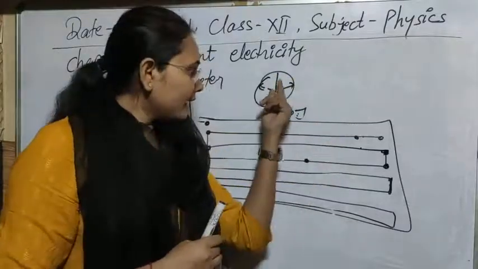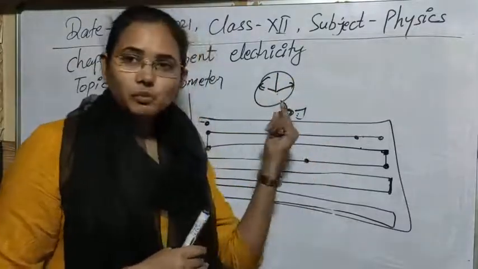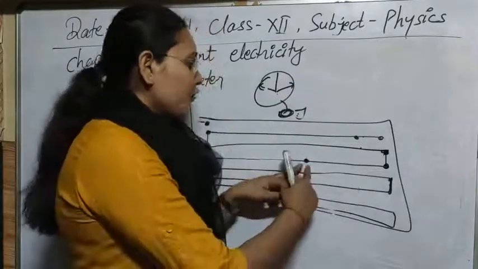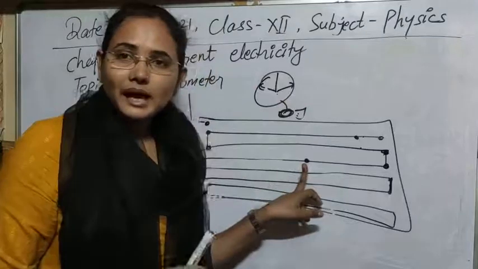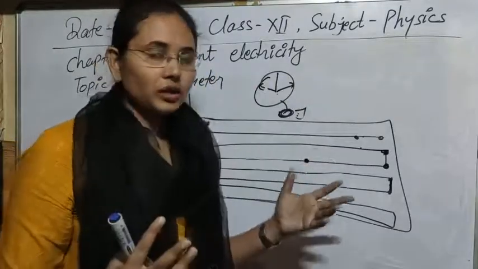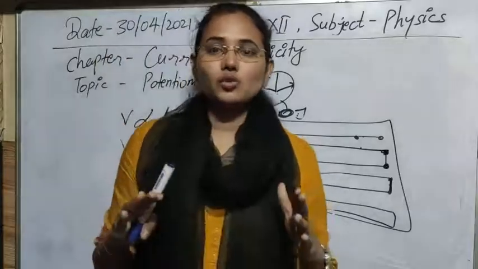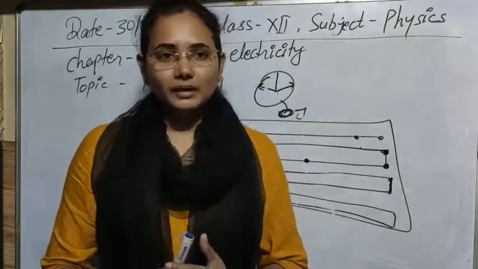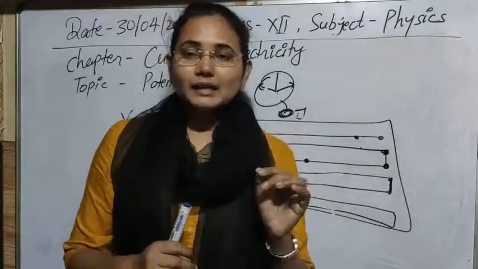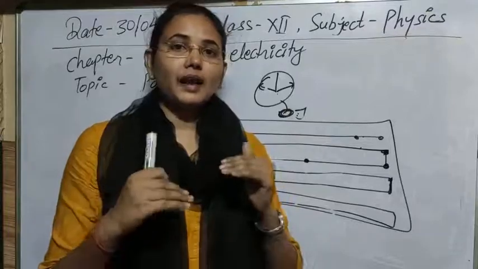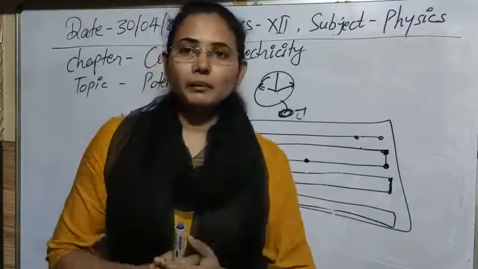So it means that if we obtain a null point, a balance point or zero point, in the galvanometer for this point, then zero current means no current is drawn from the battery, no potential drop is drawn from the battery. So you know that if I is zero, then obviously the potential measured is accurate, and that is equal to the EMF of the cell.